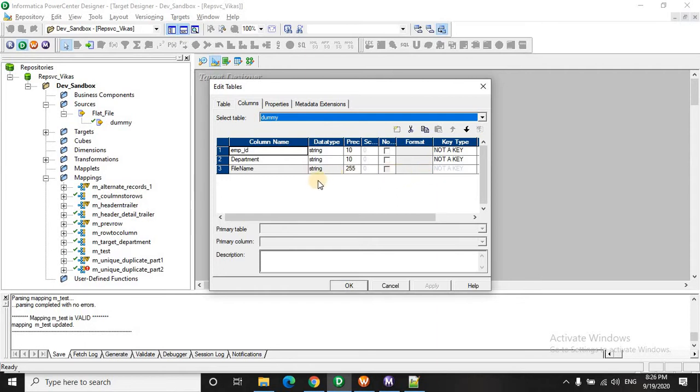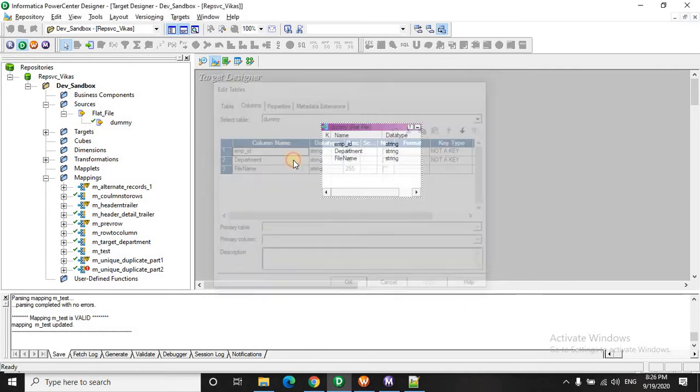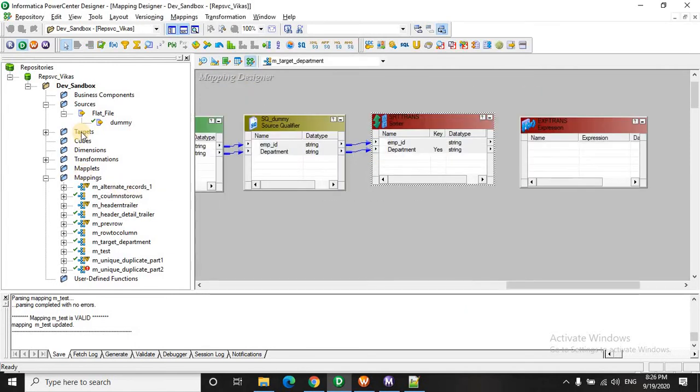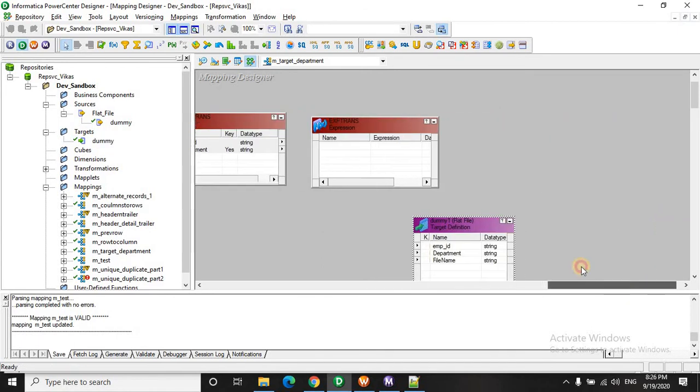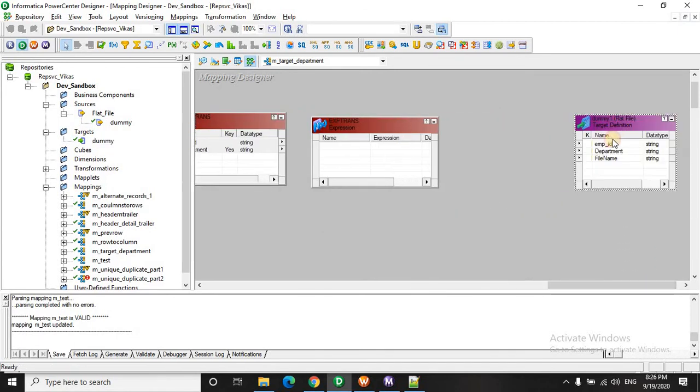In the target definition, there is an option to add the file name, so we are going to use this. So if we have a target, this will be the employee ID, this will be the department, and the file name will be of the department it is a part of.